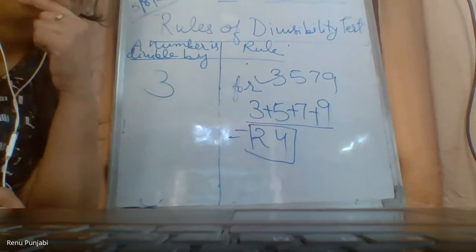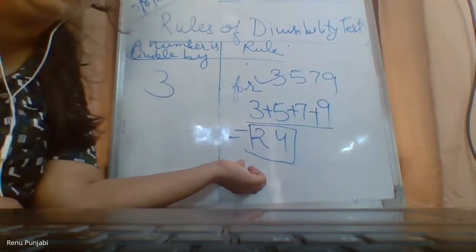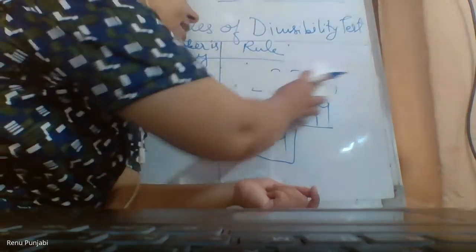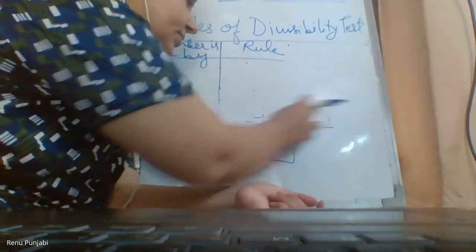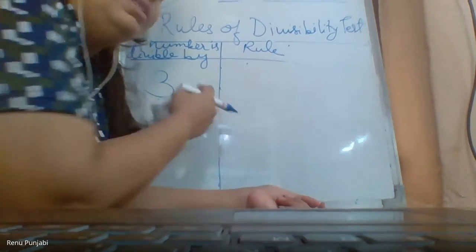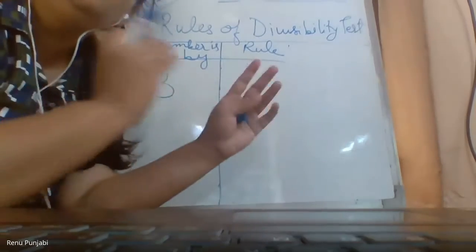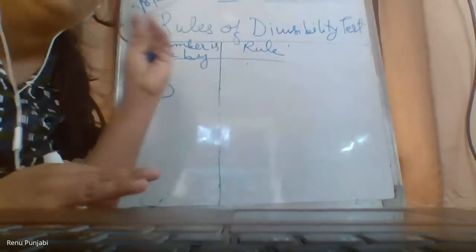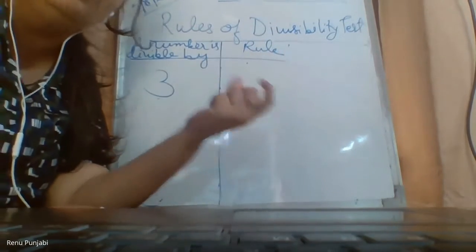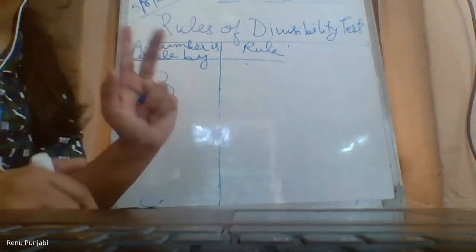Mute yourself, Trisha. I said in the beginning only, this is the example I am explaining you, don't write. Now what I will write, that you need to write in the rule. So you all understood how to check whether the given number is divisible by 3 or not? By adding the digits. Then whatever the number of digits, a 4-digit number or a 5-digit number or a 6-digit number, add them, and after adding, you need to check whether the answer is divisible by 3 or not.